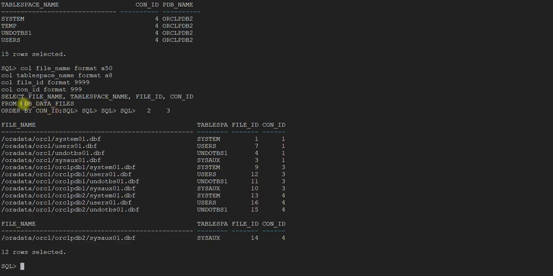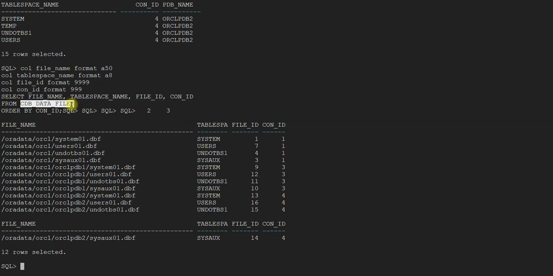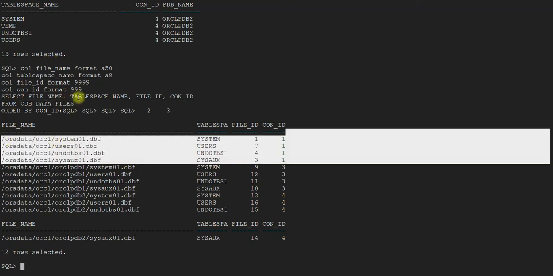And what we did is we used CDB data files. Okay, so if you would have seen the DBA_ views or tables, when you query that DBA_ table, it will just show the CDB$ROOT because we are querying from root, right?